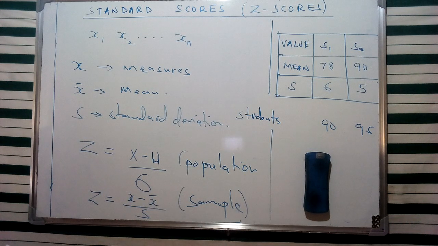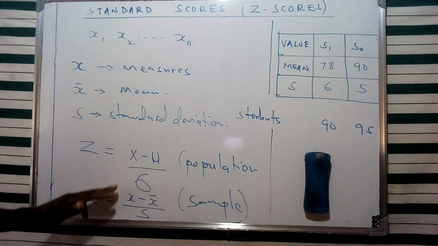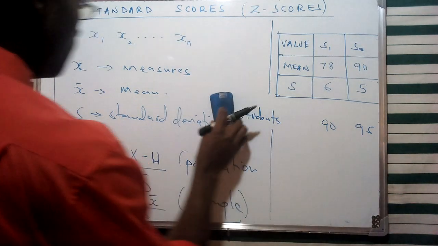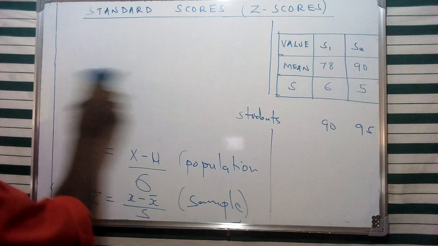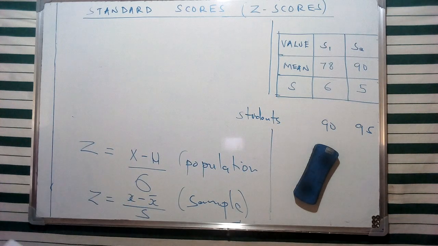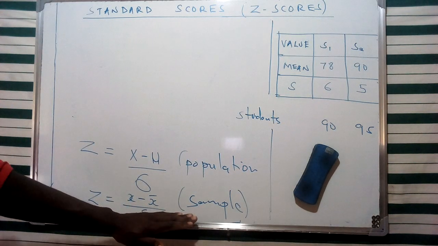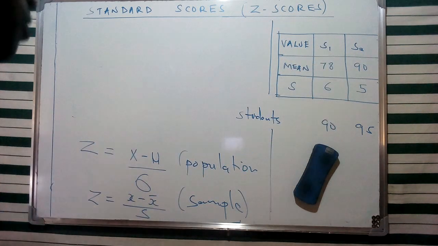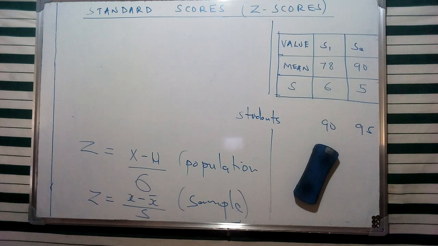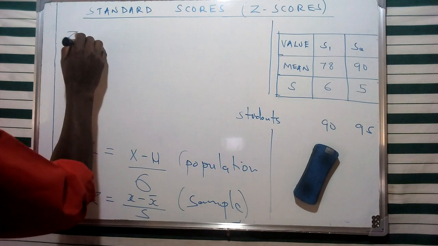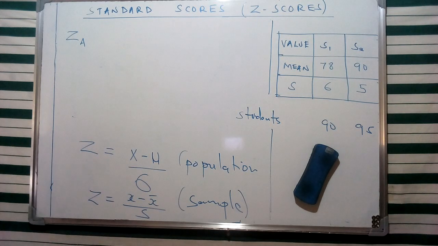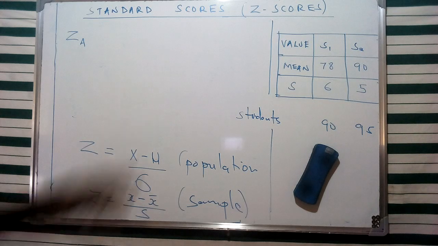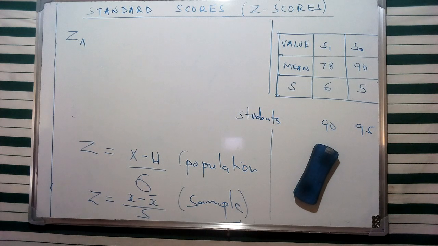So in this case, we're going to calculate the standard scores using this specific formula for both students, whereby we're going to consider student 1. Therefore we're going to use the sample, since we have chosen the two students from amongst these streams for the first one and second one. Therefore we're going to use the formula for the sample standard scores given as such. So for the student from this specific stream that we have given in terms of 1, in that particular case